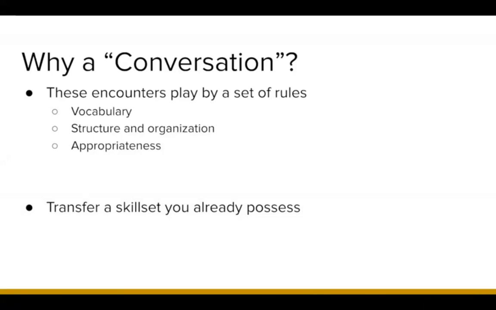As with any other type of conversation, academic dialogues play by a specific set of rules in terms of what is considered appropriate for each discipline or field. To unpack this idea of conversational rules, let's think about how you might shape different personal conversations in your everyday life.